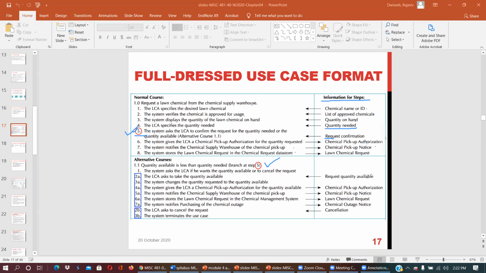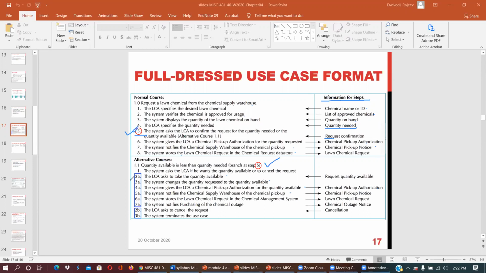The LCA asks to take the quantity available. The system changes the quantity request to the quantity available. The system gives the LCA chemical pickup authorization for the available quantity. The system notifies the chemical supply warehouse of the chemical pickup.